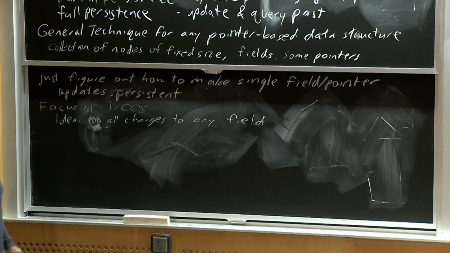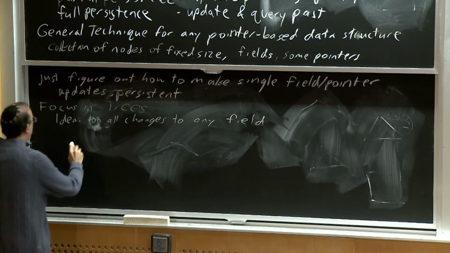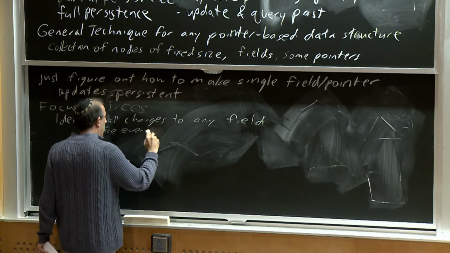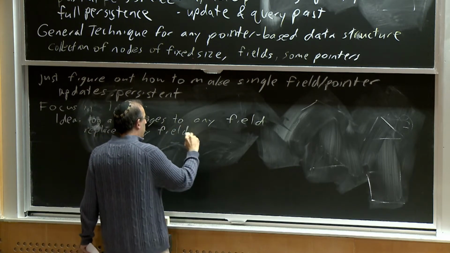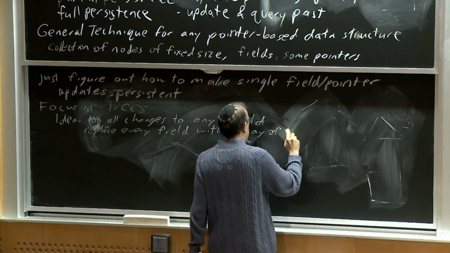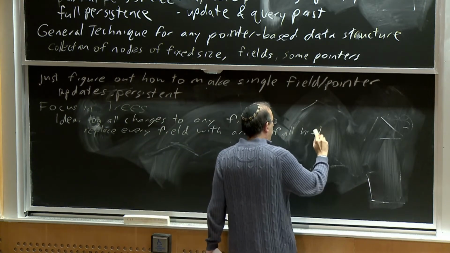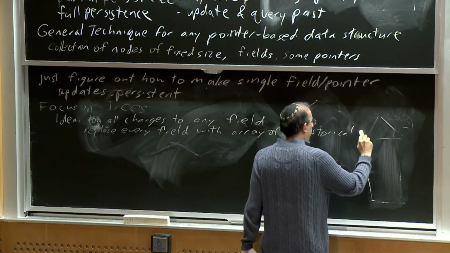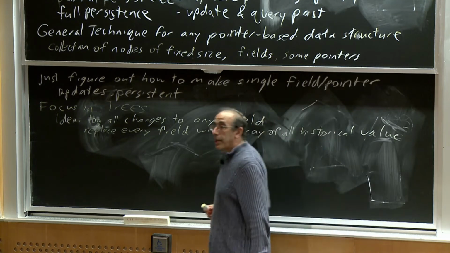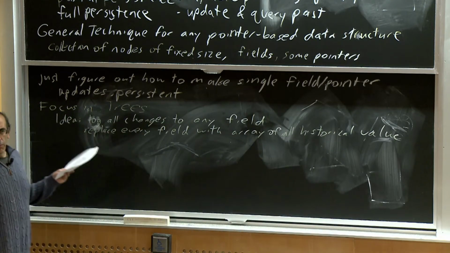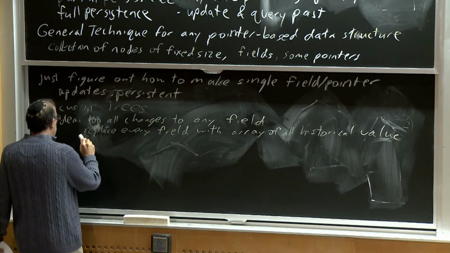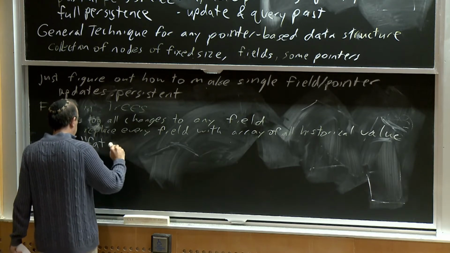Essentially, we can replace every field with an array of all its historical values. I know you said linked list, but let's consider which of those will work better for us. This is known as the fat nodes method